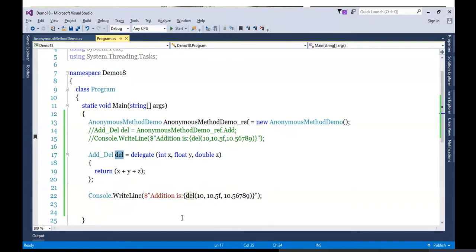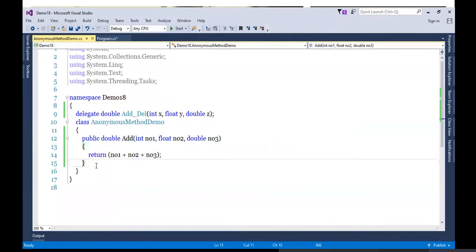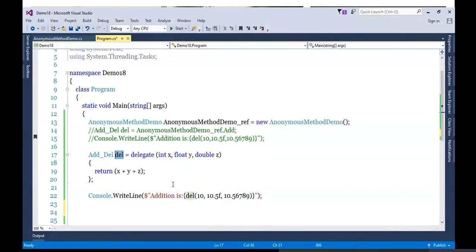Like here, if I'm writing one method in the class, let's say xyz, some method, through this method I can directly pass this del. So when I invoke that, which method will be invoked? This one, the code which I'm writing here. That we'll see ahead. Right now, our motto is to see the syntax of anonymous method. So what is anonymous method?